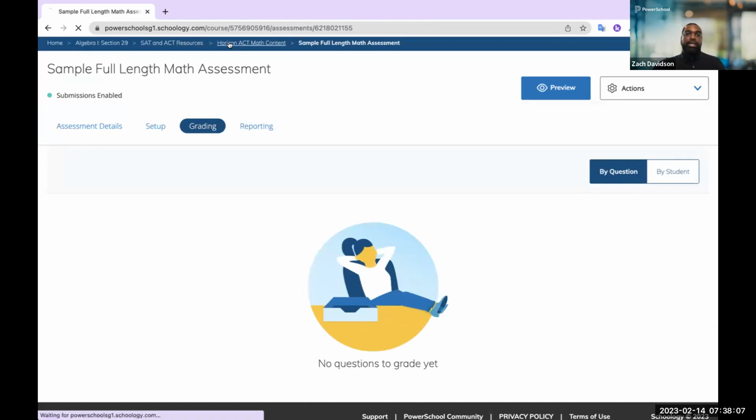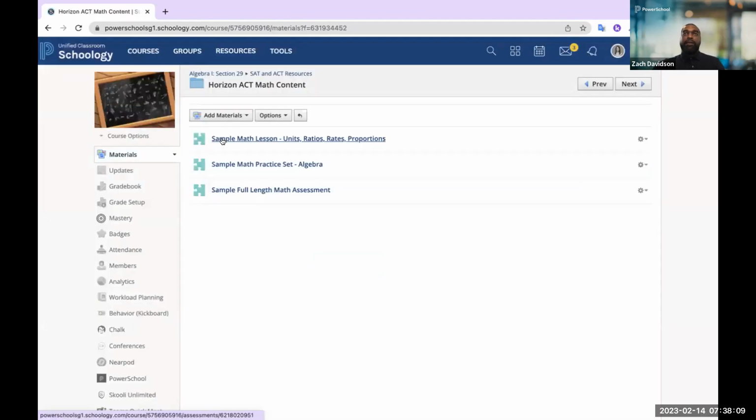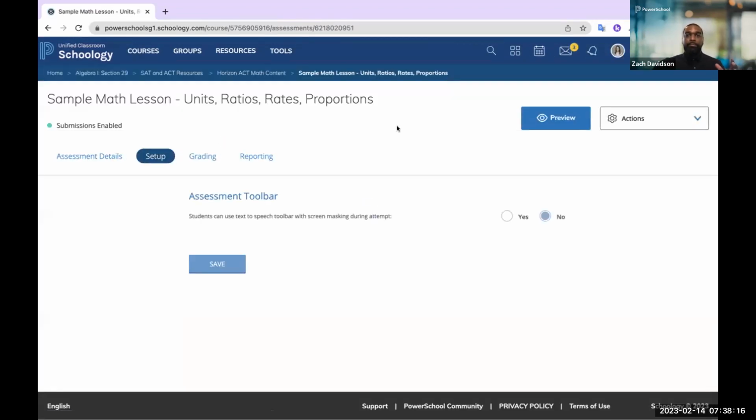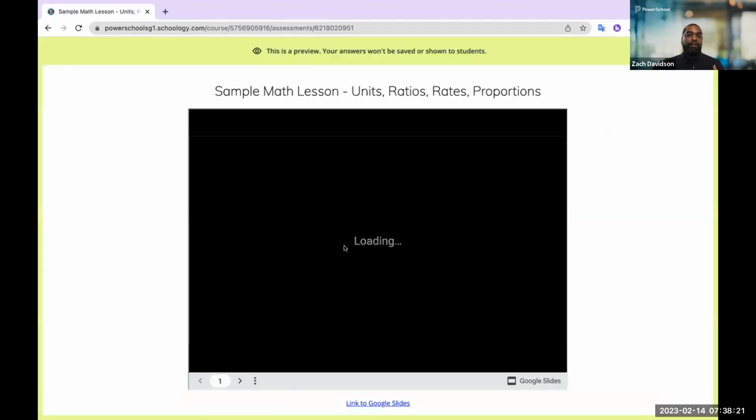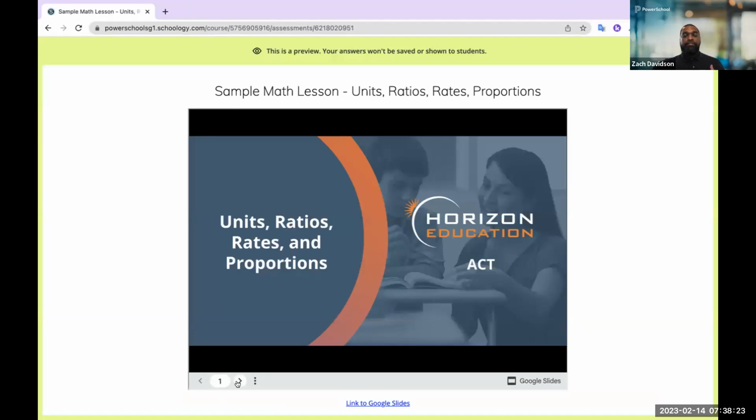This is just another example of the content integration capabilities that we're thinking through, that thought process that we mentioned earlier in the conversation of leveraging different apps and content publishers. Horizon data is just another one of those examples here. So as you continue to prep your students for those ACT or SAT assessments, you can actually do so leveraging this solution right within the Schoology platform.